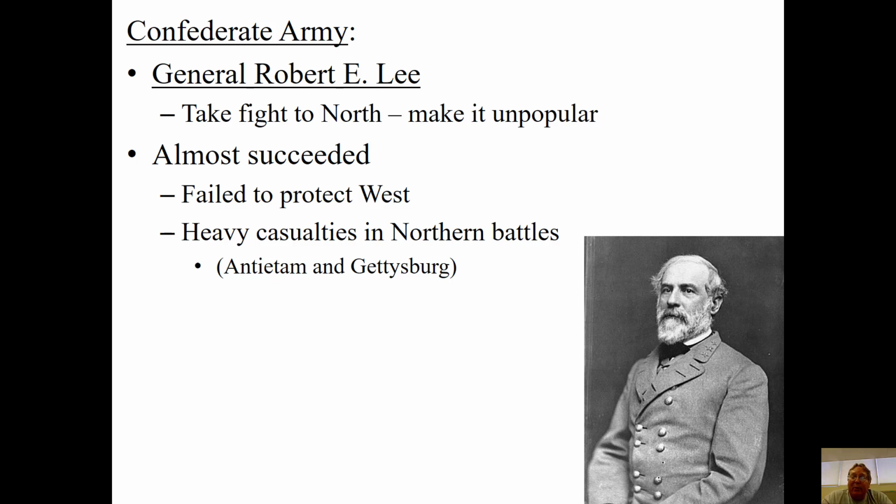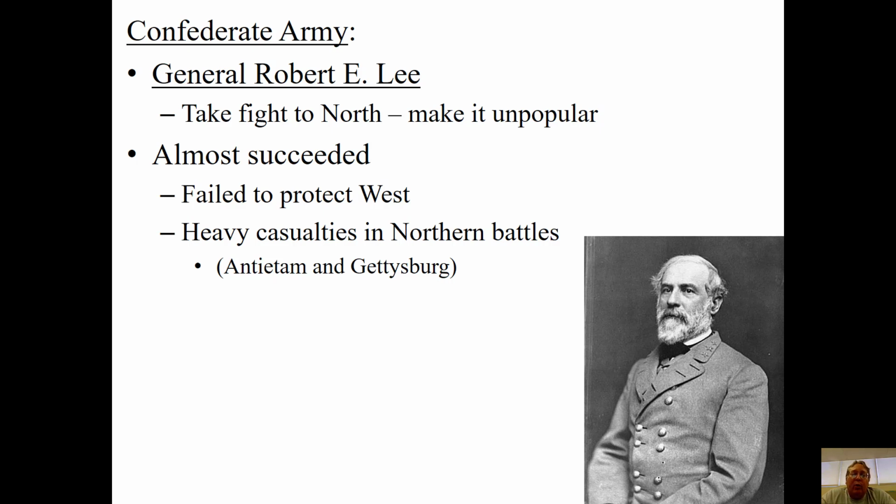The North has a lot of people, has a lot of industrial power. As Commandant of West Point, a town in New York, which is one of those rapidly industrializing states in the 1840s and 50s, he lived there in the 1850s, and he saw just what the North was capable of. And he understood that if the North keeps fighting, the South's going to lose. They just don't have enough people. They don't have enough guns. They don't have enough ammunition. It's just not going to work out for the South.